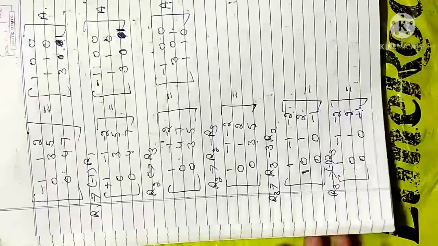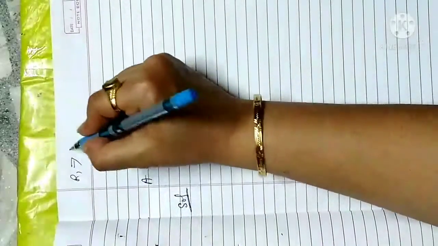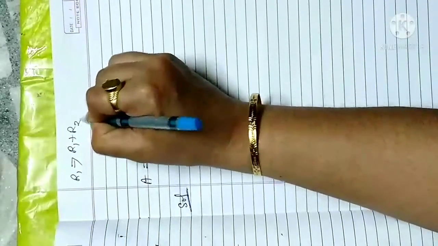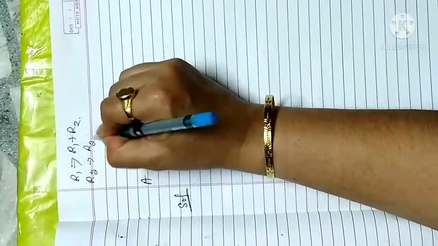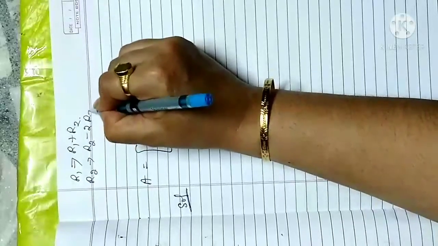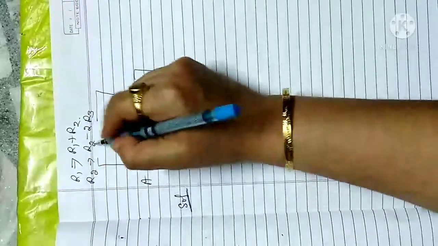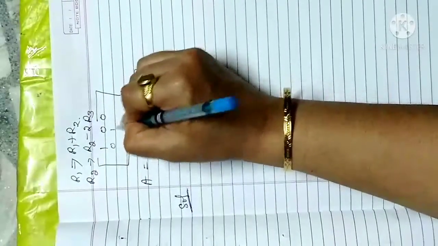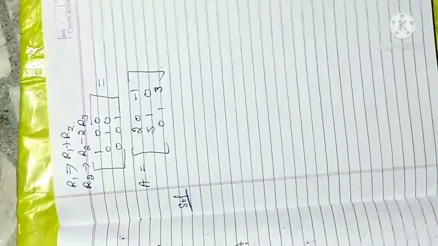So I apply the two operations here. I can apply a combined operation or separate operations. Like first I want to change this in row 1, so that is R1 plus R2, then later changes in row 2, that is row 2 minus 2 row 3. So after applying this operation, I get the identity matrix here: 1 0 0, 0 1 0 and 0 0 1. Okay, so now move to the right side.